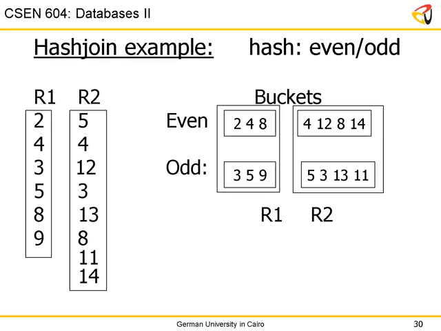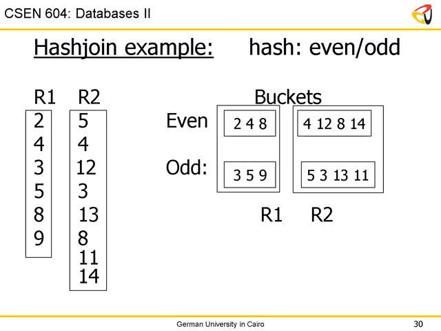Now, after building these two hash tables, one for R1 and one for R2, I'm going to match corresponding buckets. So I will match bucket 0 in R1, which has the 2, 4, and 8, with bucket 0 in R2, which has the 4, 12, 8, and 14. I will find that 4 is common and 8 is common, and that will go into my result